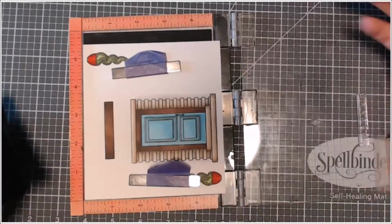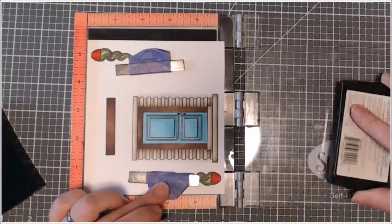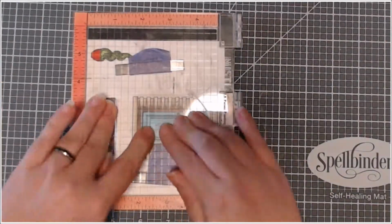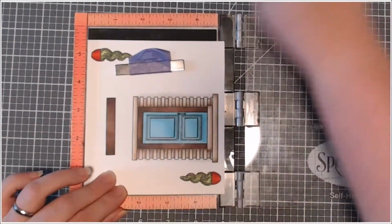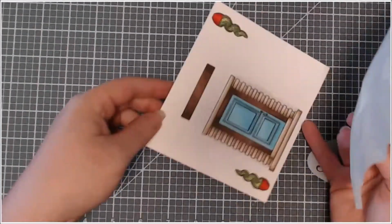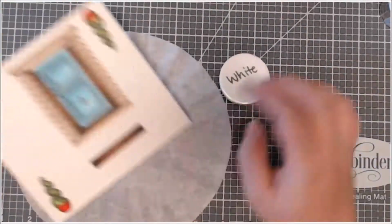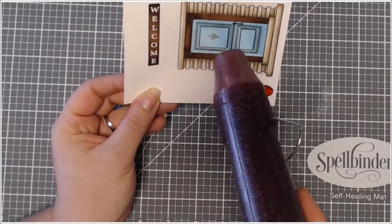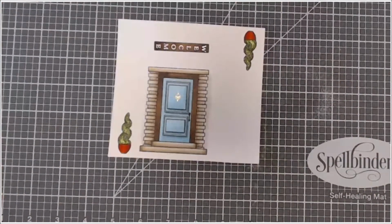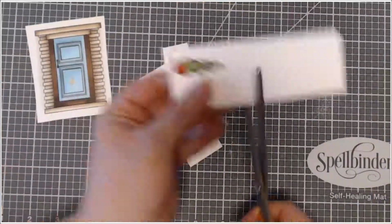So here I'm heat embossing the knocker, the door knocker that goes in the center of that top panel, and the word welcome that goes on that little rectangle sign. But I didn't want them to both be gold. In my original card, I only did gold embossing, but after looking at it, I decided I really wanted white for the welcome sign, like one of those fancy Etsy welcome signs. That's what I was thinking when I was